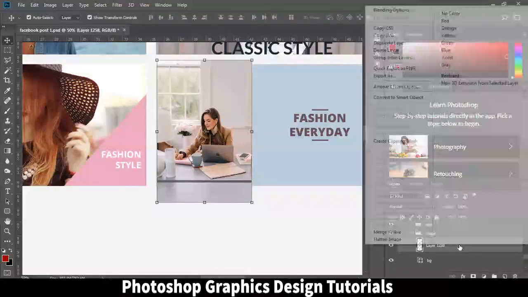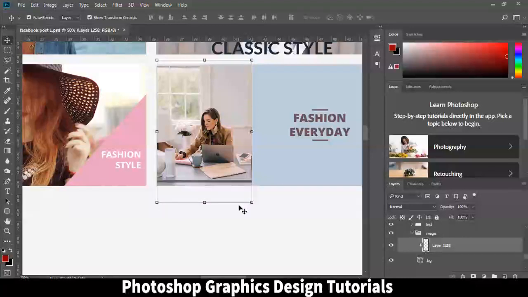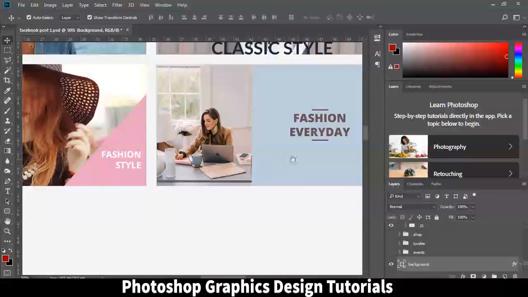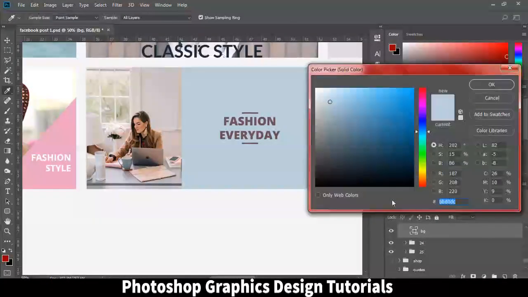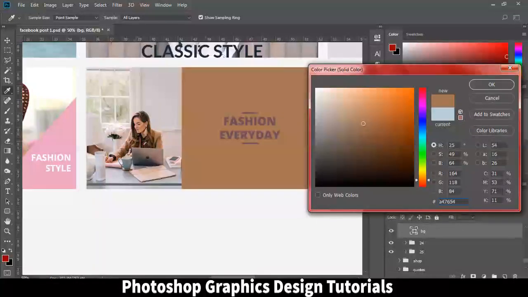Click on the image, right click here, create clipping mask, and this picture is inserted in this banner. So you click on the banner, BG means background, double click here, and select any color here,